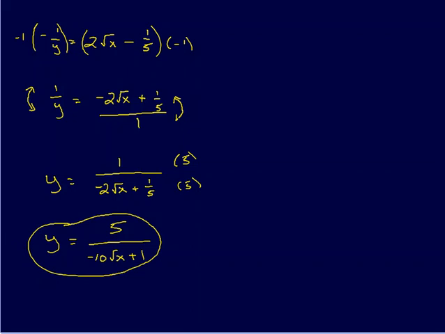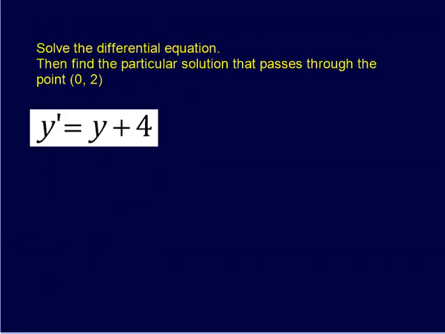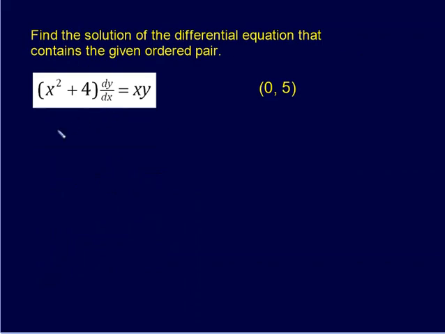Okay, we'll do one more together for you today, and that will be this one right here. I've got the equation x squared plus 4 times dy dx equals x times y, and again we're looking for the particular solution. I'm going to use that same ordered pair, 0, 5 again. And so now this one's already got the notation dy over dx in it. And let's actually start this time by multiplying by dx to this side. And so that would leave us x squared plus 4 dy